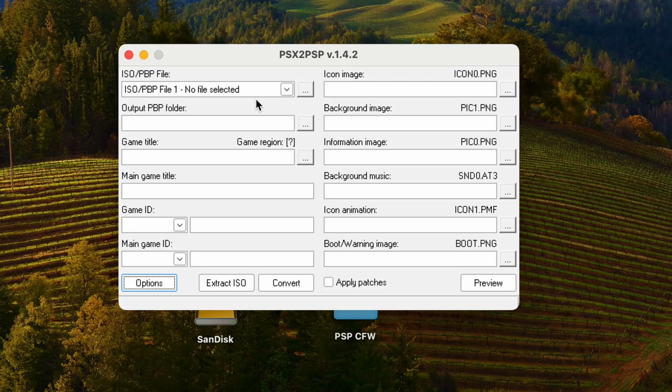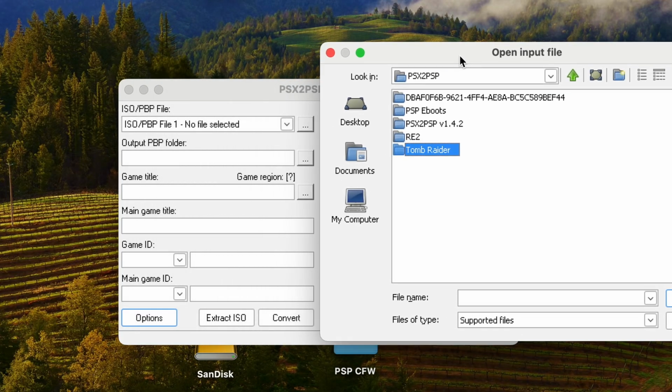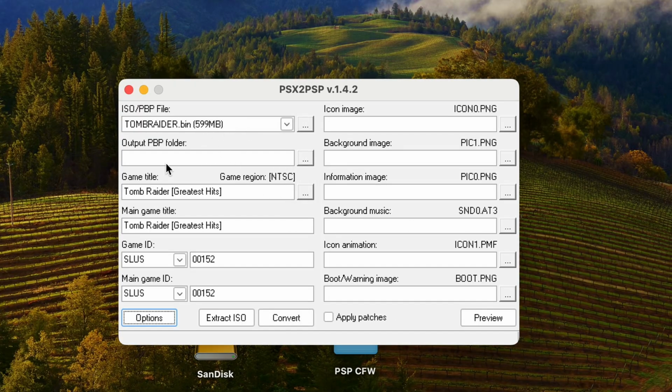Alright, so now we're going to talk about how to use PSX to PSP. First we're going to choose the file we want to convert, and in this case for me it's going to be the Tomb Raider backup I made. So I'm going to locate the file on my computer, and I'm going to choose a Tomb Raider .bin file that I have backed up myself, and it automatically fills in most of the details here. So I can just choose the game title. This is a greatest hits copy, but I'm just going to change it to Tomb Raider